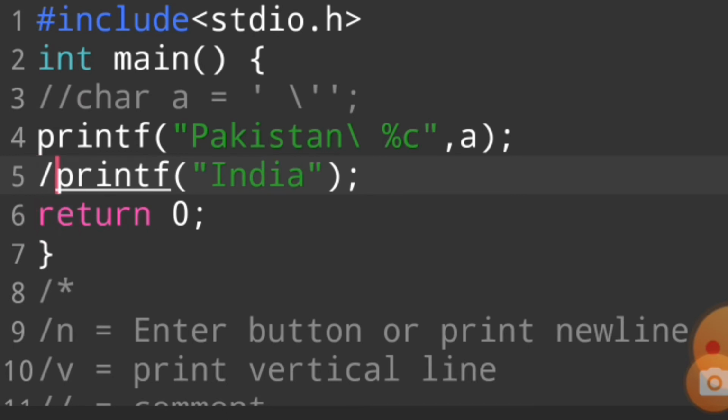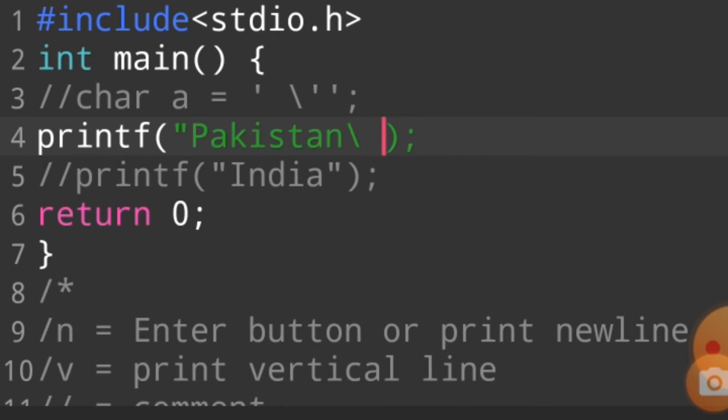So I use only a printf function and I remove all the other things. I write in this area \n for new line. The work of \n is to print a new line. And the work of \v is to print a vertical line.